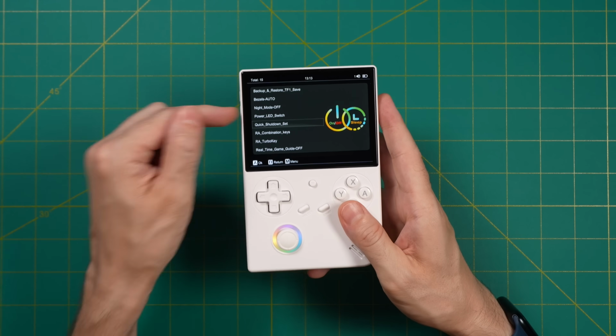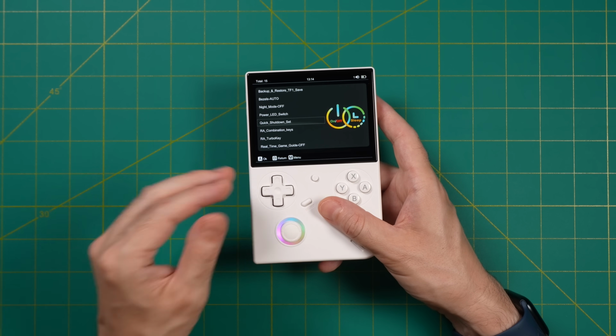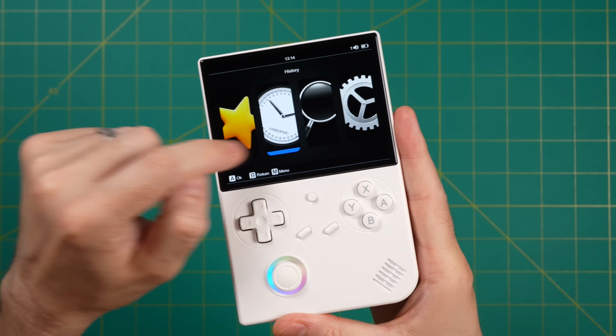Now, one thing of note with this device and some of the other more recent Anbernic releases of their stock firmware, they now have what they call a low power mode sleep. And with their older versions of the stock operating system, when you put it into sleep mode, you would lose about 4% battery per hour. Well, I did a quick test this morning with one of these devices with the stock firmware, so I turned on a Super Nintendo game, and then I put it in sleep mode and just left it for 2 hours. I came back, powered it back on, and I had only lost 1% battery over that 2-hour period. So there is definitely some improvement there with the sleep mode, to the point where I think it's actually worth using. We've also got a favorites menu, as well as a history if you want to go back and check